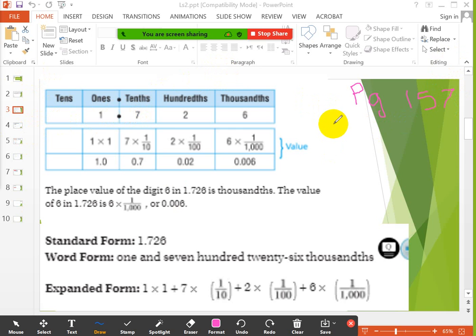Okay, so today, look, this number is what? In standard form, the number is 1.726. Okay? If I want to put this number in the place value chart, I have to take the numbers and put them according to the place or the position of each one. So this one is in the ones digit, that means I have to put it in the ones digit,